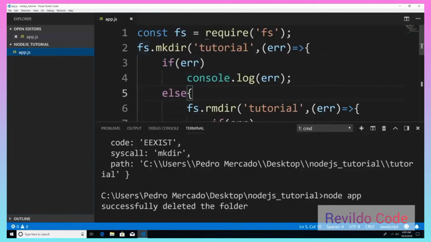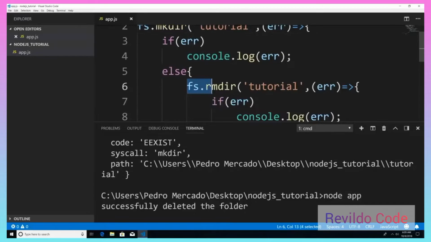So first thing we do is we create a folder called tutorial. And then if this is successful, then we're going to delete the folder called tutorial. And you can see by the output that we successfully deleted the folder. Now this is too fast, and that's why you wouldn't be able to see it if we had the package manager open. So now that we know how to create and delete a folder,